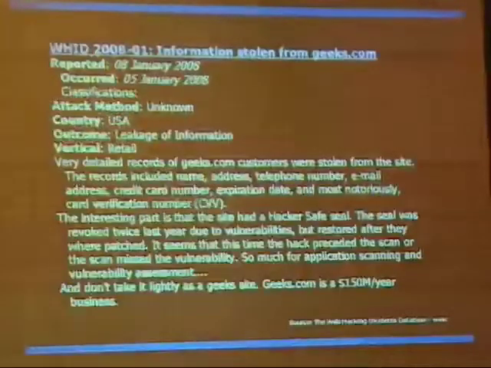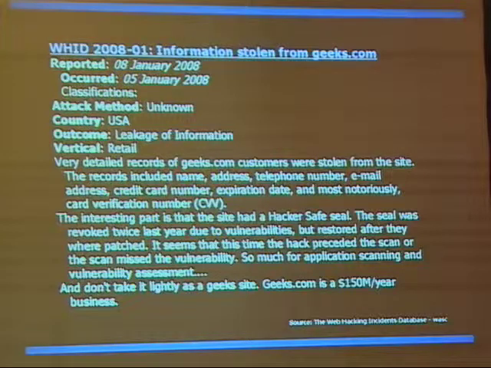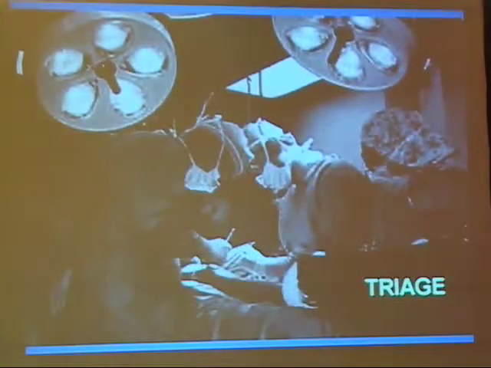So the incident, as explained, can result from something similar to this. In January, as some of us know, Geeks.com, picked because it was kind of funny and true, a $150 million a year business, had their website broken into. So in this hypothetical example, Joe's business is impacted because of their competitor, and again, it could be any industry, and in order to provide information back to his board and management, he needs to find out what to do.